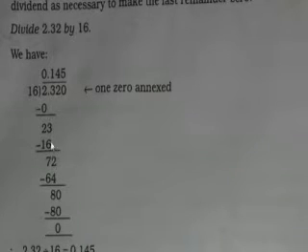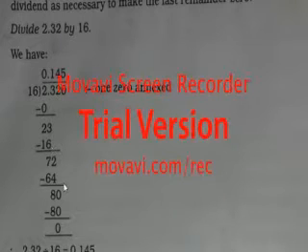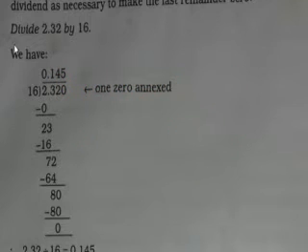And what happens while dividing? It comes how much? 8. Now since the point is there, 0 will be coming. As many 0s will be required after keeping the point, you will be bringing them. If you see here, it has been written: divide 2.32 by 16. So we had divided, 2 is smaller, so of course we had kept 0 point.